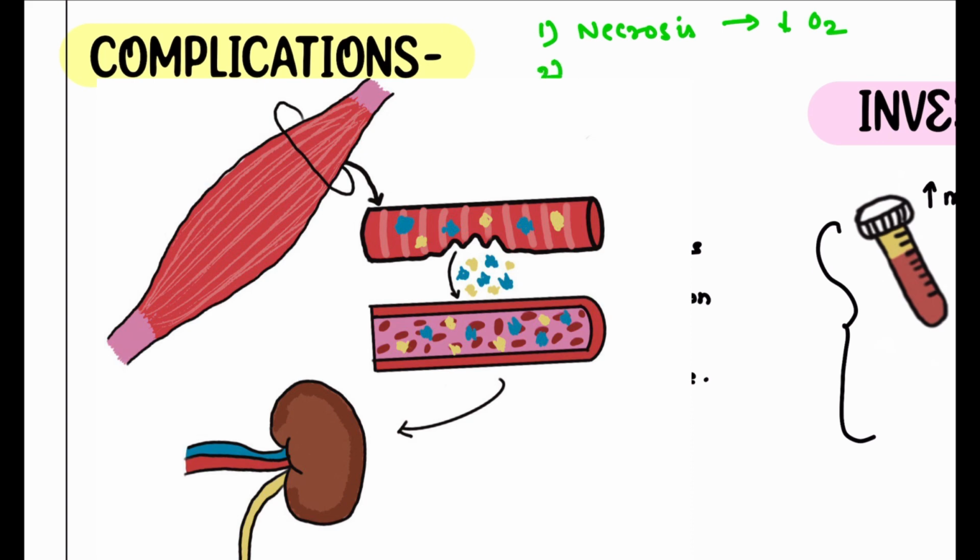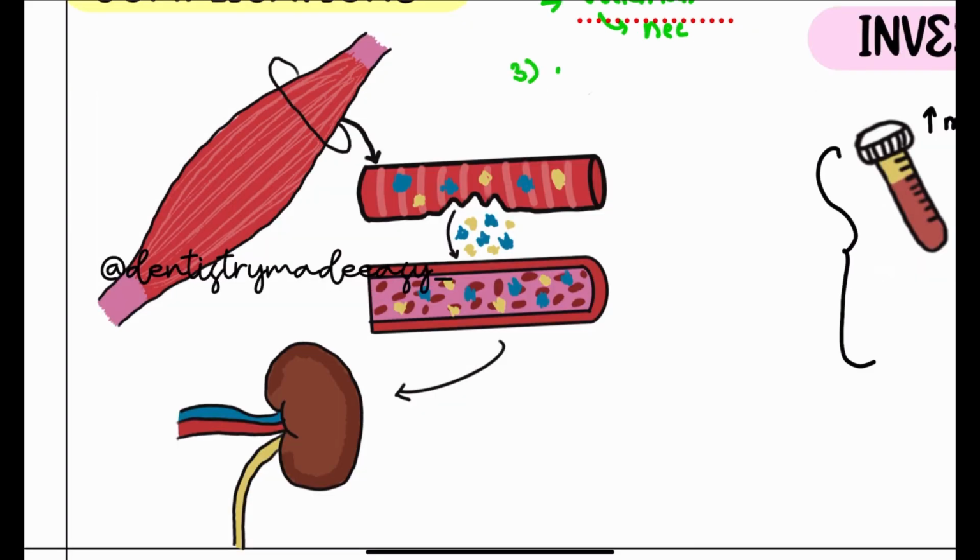So the next complication can be Volkmann contracture. Now this is nothing but the necrosis of the flexor muscle of the forearm, which is going to lead to fibrosis and shortening, which results in permanent flexion. So the third complication is